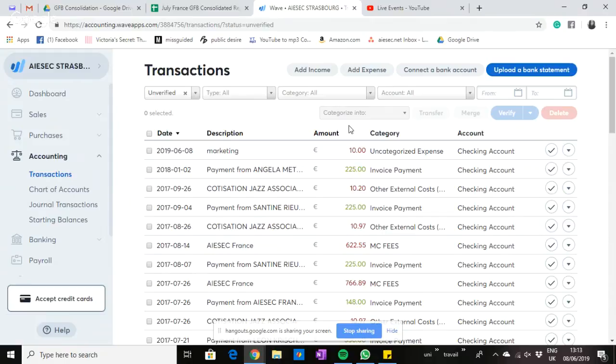Now, some LCs can face difficulties with it. When that is a problem, we ask you to tell your NSPs, hey, I cannot upload my bank statement. Can I share it directly with you, by email or by Facebook, or create a specific folder on Drive? That's up to you. But it's easier for everyone if you just upload it here. So basically, that is what audit is all about. You just have to make sure that you press either add an income or add an expense. If not, that's going to mess up your